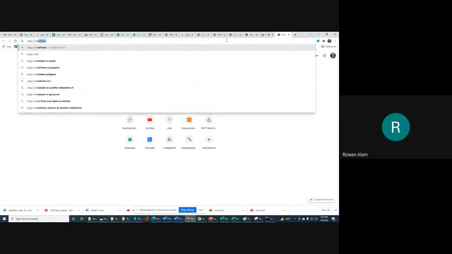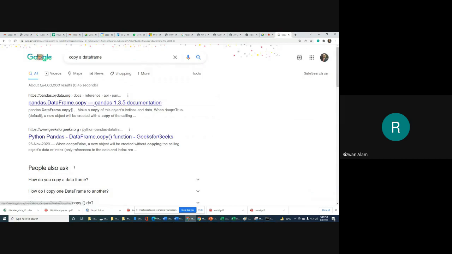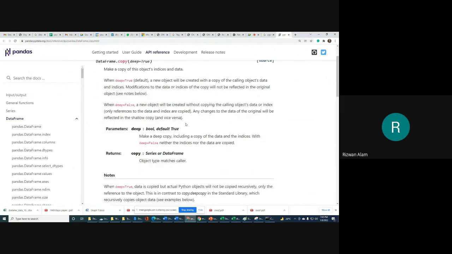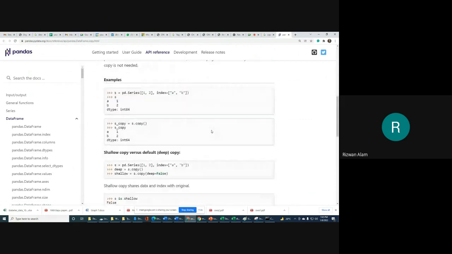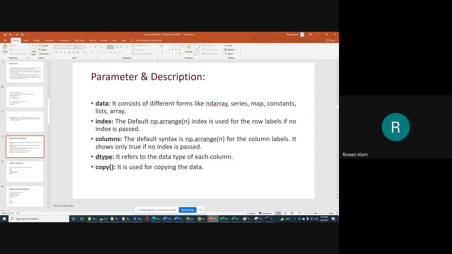Copy our data frame: DataFrame.copy with deep set to True. The difference between deep and shallow copy I will tell you later, that is a different thing about the copy function we need to know.